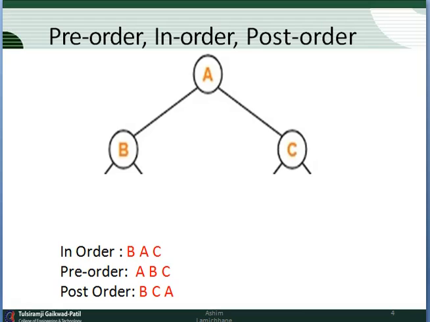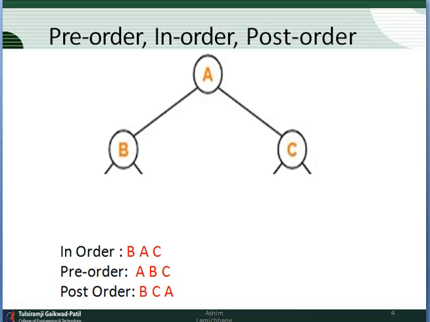Here we follow the same algorithm again, where there are three different steps. Step 1 is to visit the root node. Step 2 is to recursively traverse the left subtree. Step 3 is to recursively traverse the right subtree. If we follow the same algorithm, first we visit the node, so ultimately it should be in pre-order.